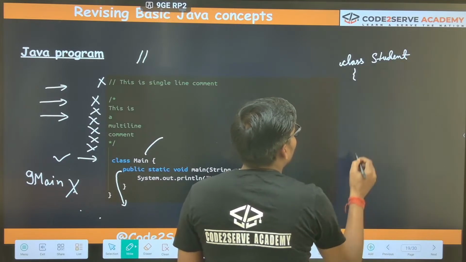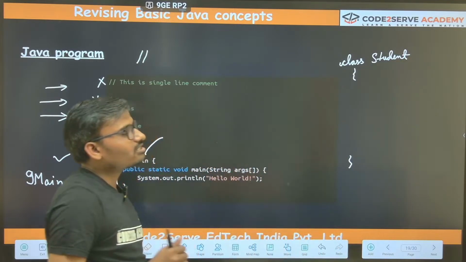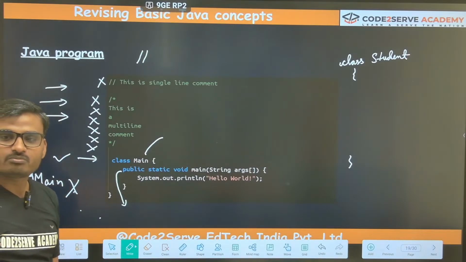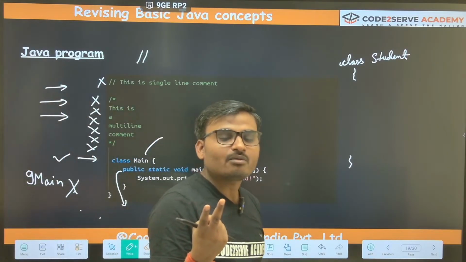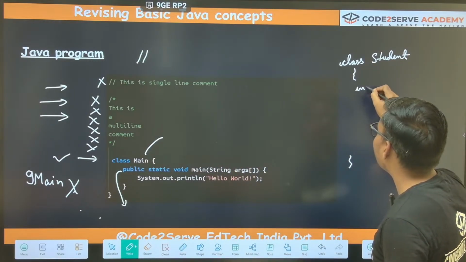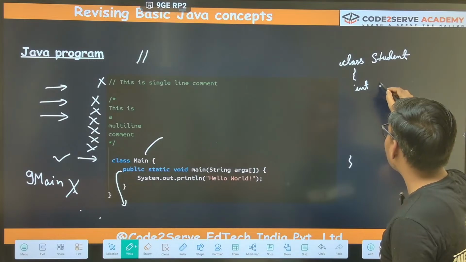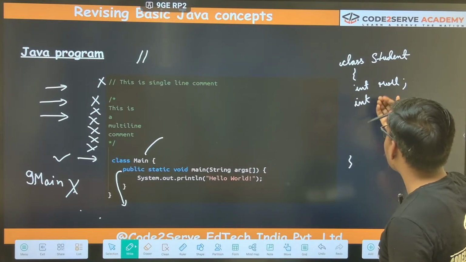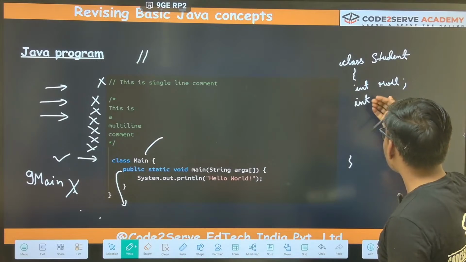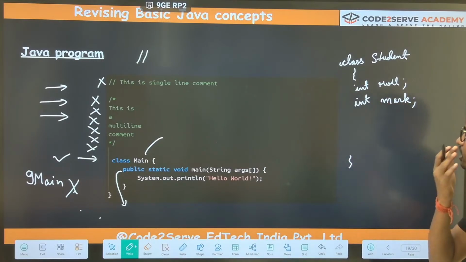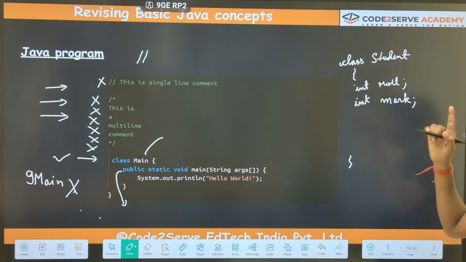In this Student class, suppose I'm trying to keep the name of the student, the roll number of the student, and the marks of the student. So suppose there are three variables: int roll, and int marks, the mark of any one subject I'm talking about. Next, think of the school name.